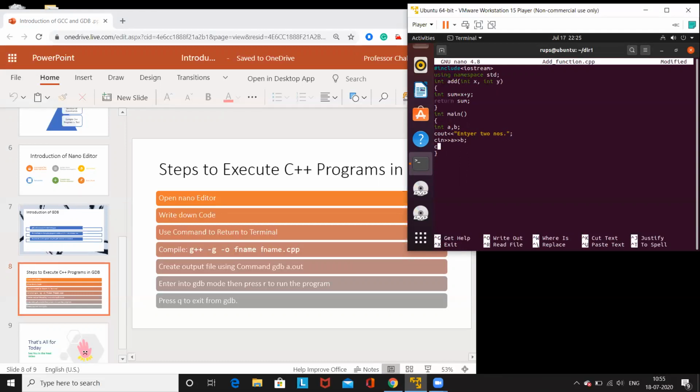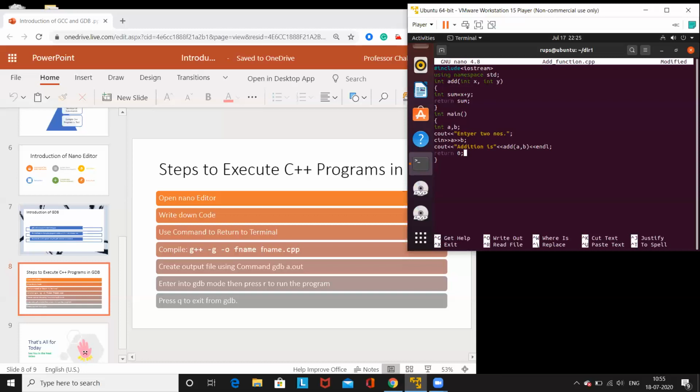Now I will directly do cout: addition is colon. So call the function, right? The function name is add and pass the two variables a and b. That is how we can do it. Now endl, you may use endl.